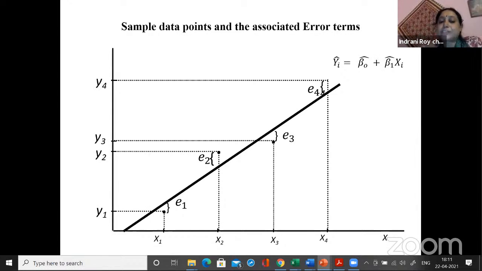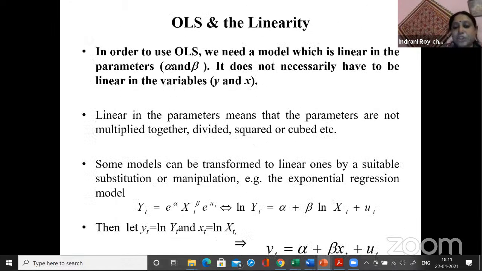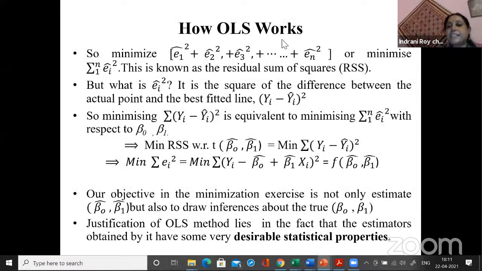So if you take the square, the minus becomes plus. So minus 2 becomes 4 and 2 also becomes 4. So you take the sum of the squares of the error term. Once you take the sum of the squares of the error term and take the total, you get a concept called the residual sum of squares, which is called the RSS.